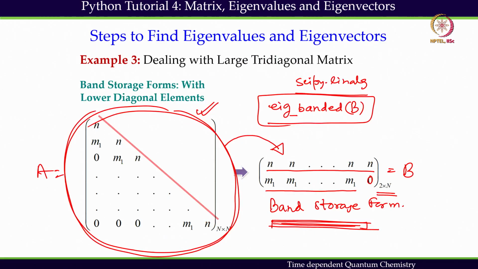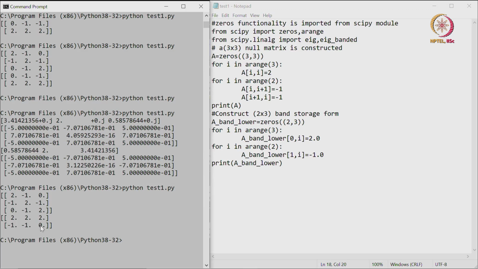If we go back to the slides, we see that if we are using the lower diagonal elements, then that is the band storage form we use. The diagonal elements come in the first row and the second row will be occupying the lower diagonal elements. The last value would be 0, and that is exactly what is going on here. So, we are getting back the matrix band storage form,